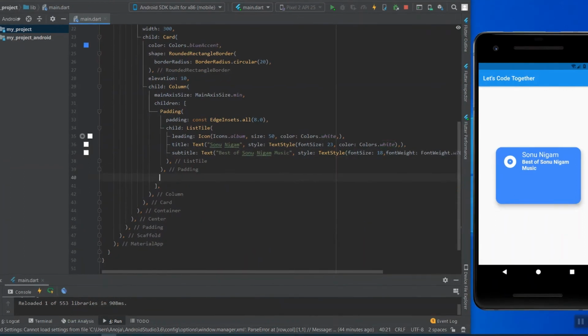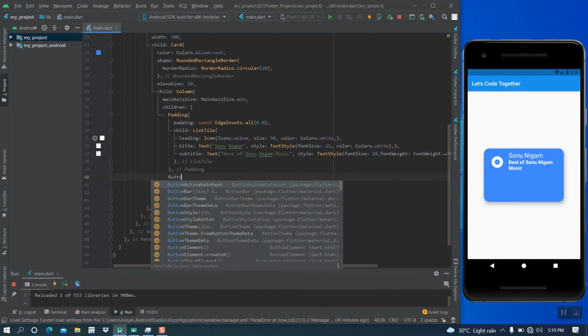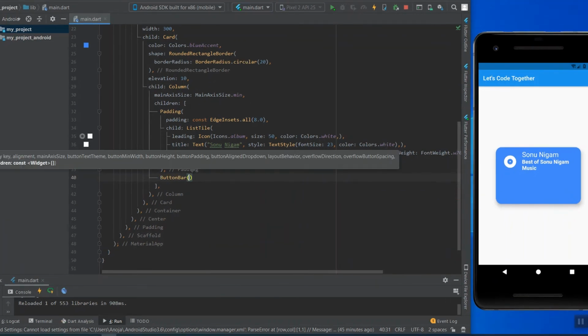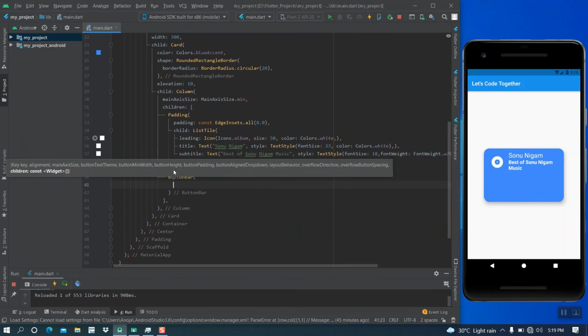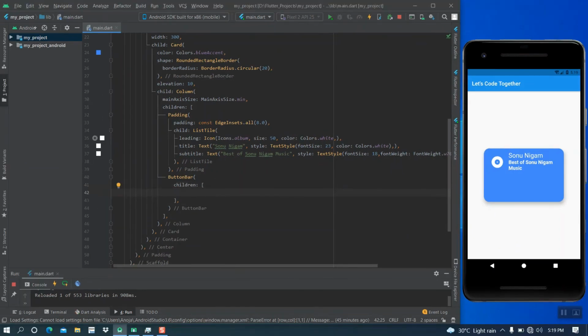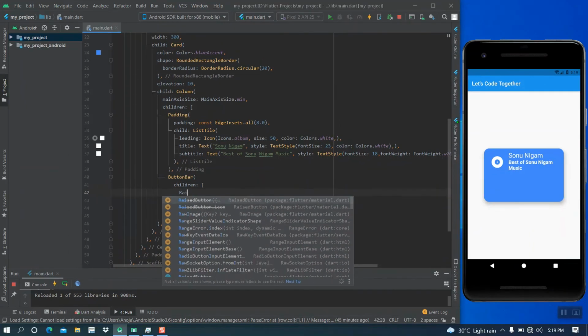Now I am going to create two buttons by using button bar widget. This button bar helps to place different buttons horizontally. I am specifying children inside this button bar. I am using the first children as raised button.